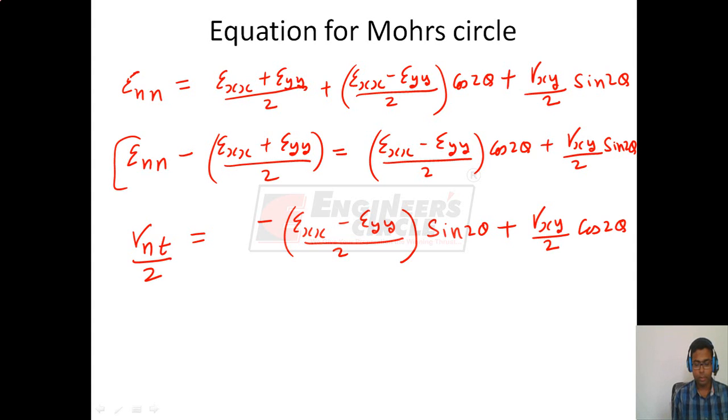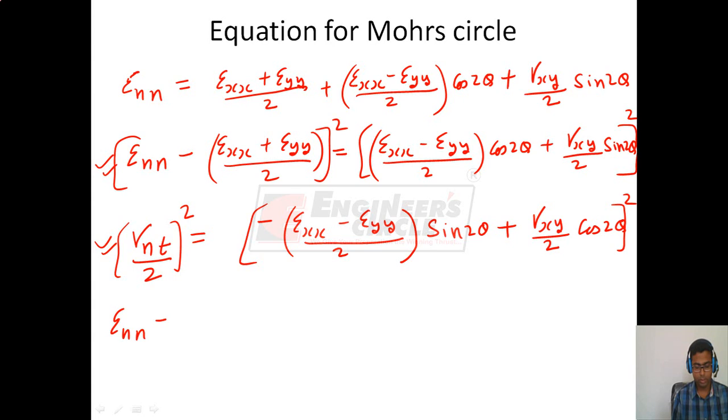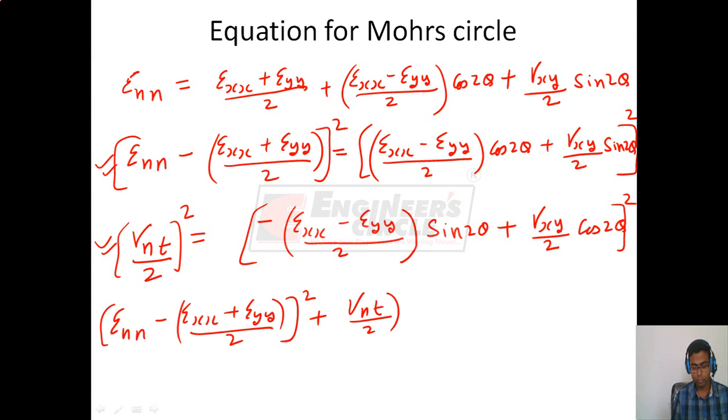Now squaring this equation and also squaring this equation and adding these two equations, we get (epsilon nn minus (epsilon xx plus epsilon yy)/2) whole square plus (gamma nt/2) whole square is equal to